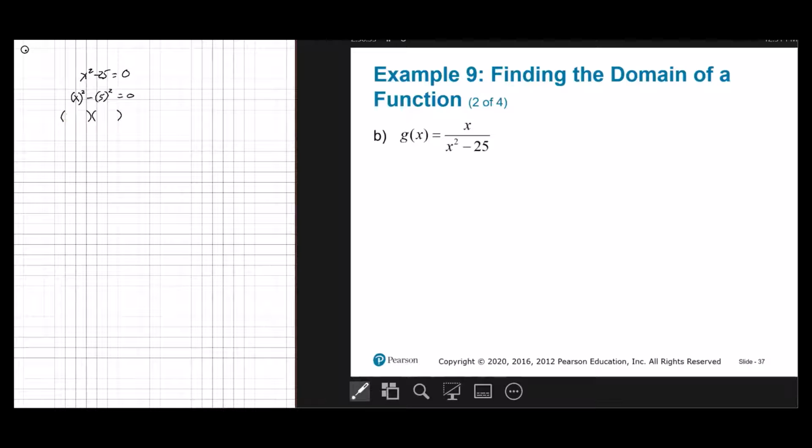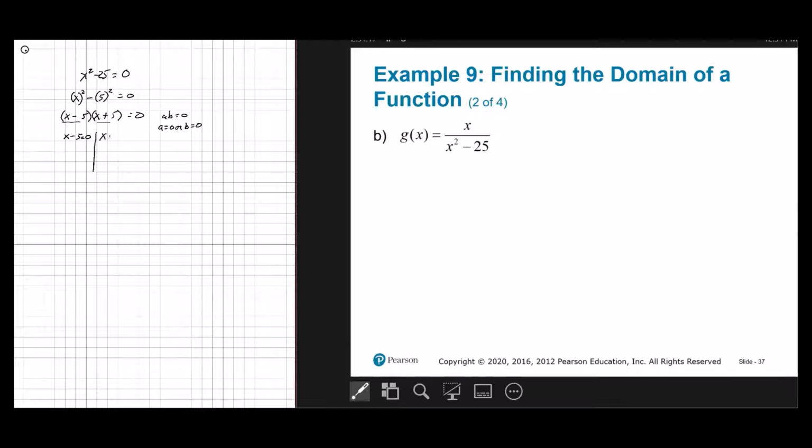So I'm taking the difference of two perfect squares. Well, that means I'm going to get two binomials that have those two square roots in them. The square root of x squared is x. The square root of 25 is 5. Those go in there, and one of them is going to be plus and the other minus, and it still equals 0. Now I have a product that equals 0. If you have a product that equals 0, then one of the factors has to be 0. So x minus 5 is a factor, and x plus 5 is a factor. So x minus 5 is going to equal 0,